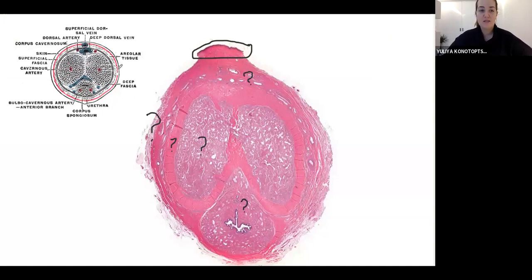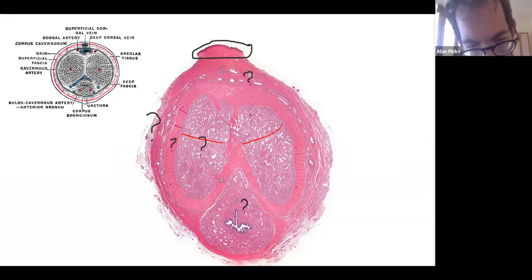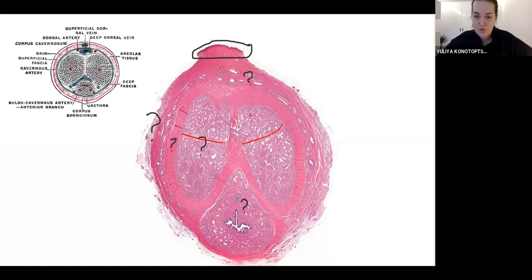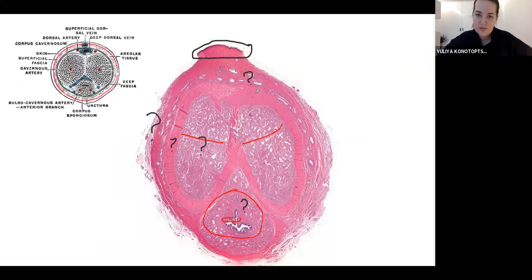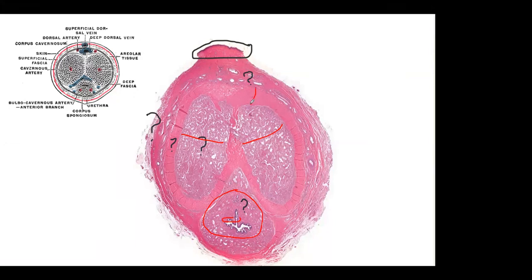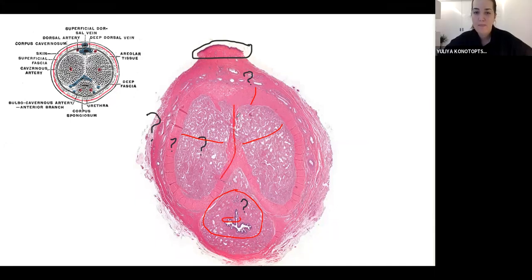Here we have another slide, and this is again for you, so you can kind of see what's happening. It's a bit older embryonic penis, just a bit more older. What are these? Corpora cavernosa, because there are 2 of them. This one is corpus spongiosum. Inside of it, you can see urethra. Yes. What is this? Tunica albuginea. This is median septum. You can see that there are some kind of vessels here,